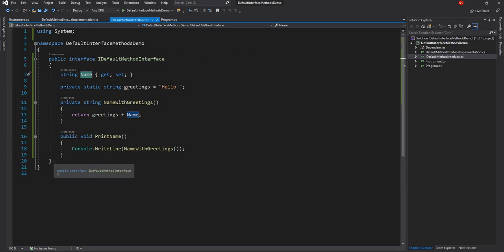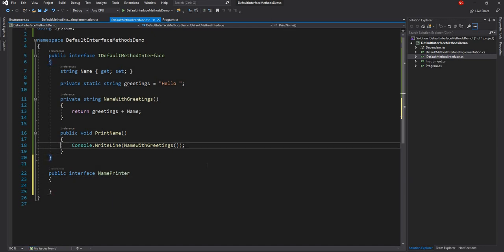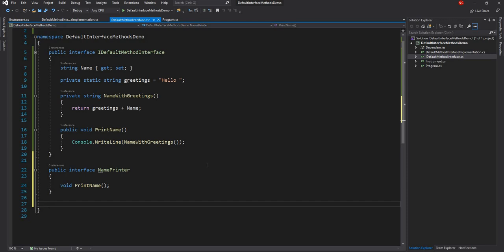So what I'm going to do is create another interface, and I'm going to call it iNamePrinter, and I'm going to define print name inside of that interface. Today for some reason I'm missing the I for every interface. Then I can have a class called namePrinter